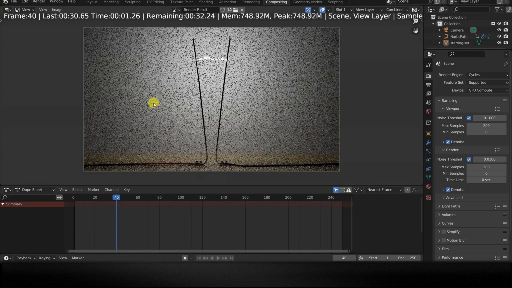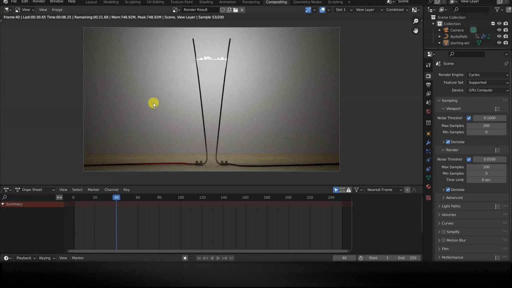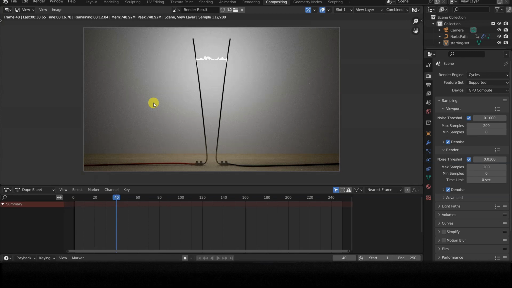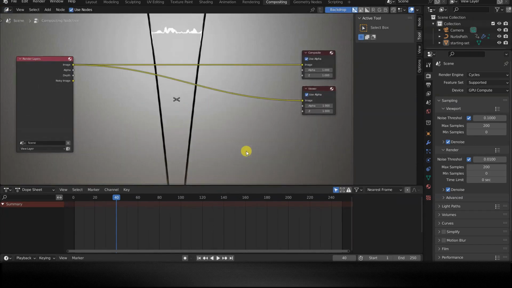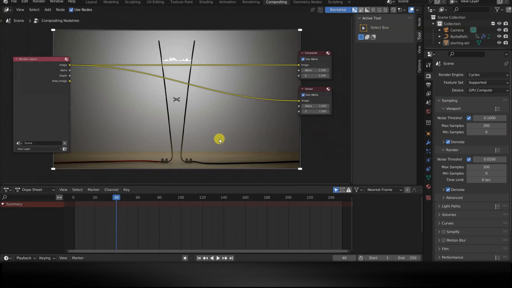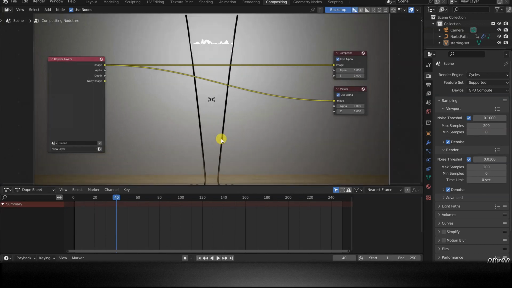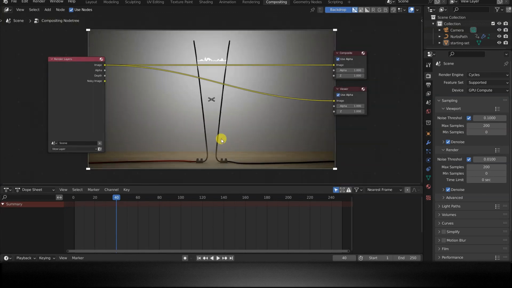However, to preview the compositing in backdrop, we must first render. Let's do it. Scaling this preview is a bit strange. You need to press the V key to make it smaller, while to enlarge it you have to press the Alt-V key combination.